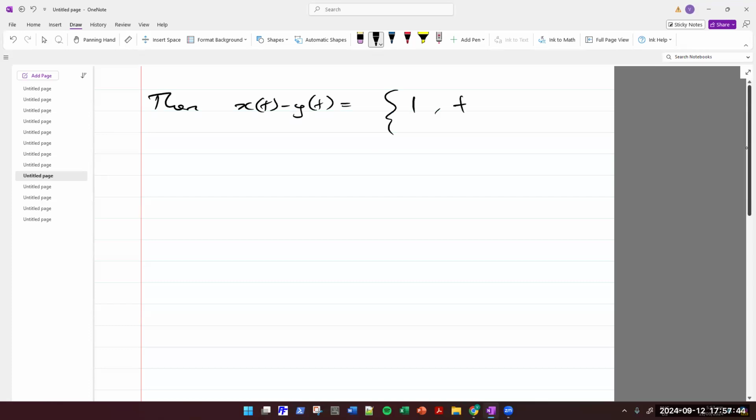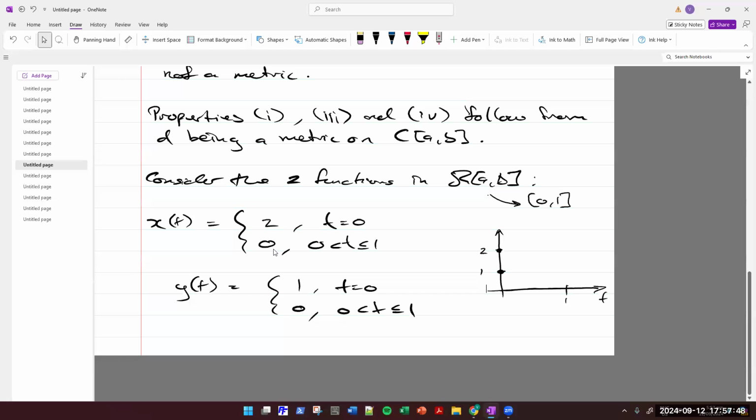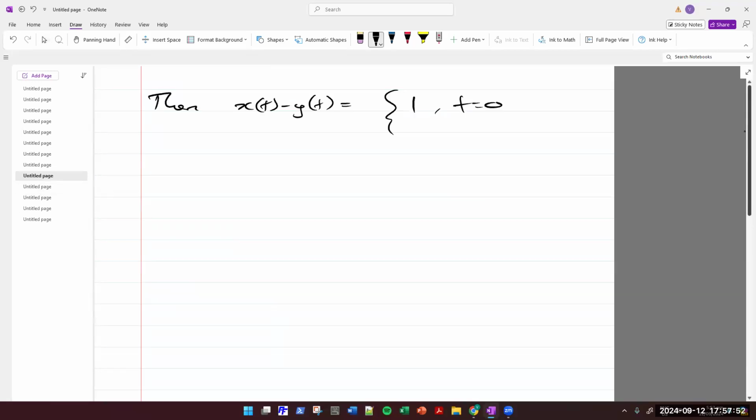1 at t equal to 0. And for t not equal to 0, it will just be 0. 0 minus 0. 0. So 0 less than t less than or equal. Okay, so therefore